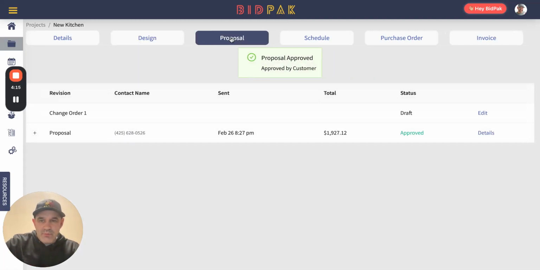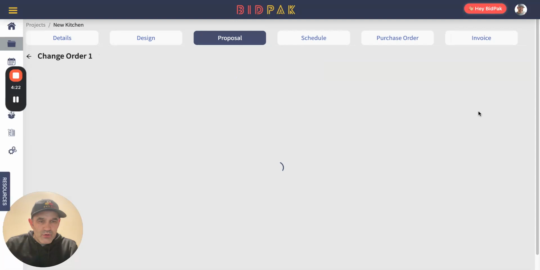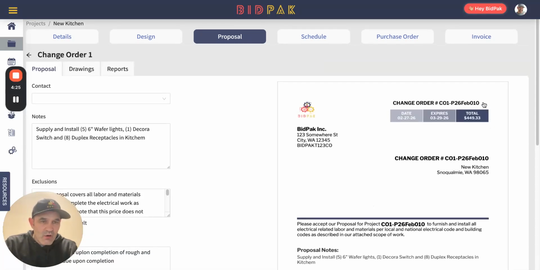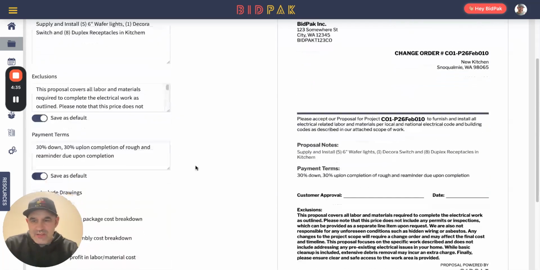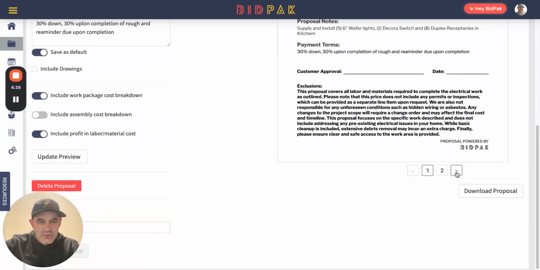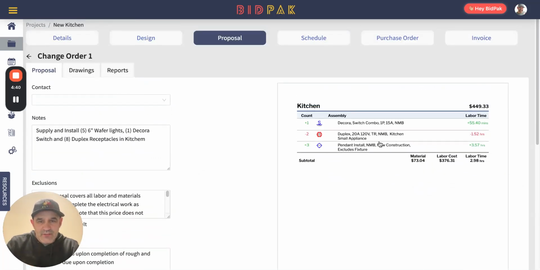So now if you walk through the proposal stage, now you get our proposal audit trail. We see the change orders here. We go into the edit mode of that. And now on the change order, all we're displaying is just the change order amount. So now we get to submit this to our customer as change order number 1, and the amount is change order number 1. So as we do the same walkthrough, and what's really cool is the second page of this